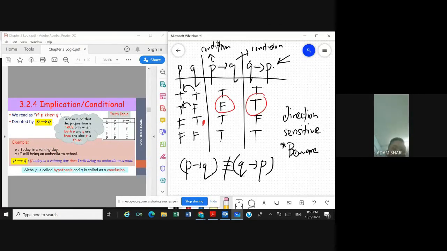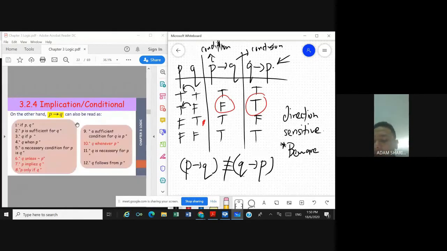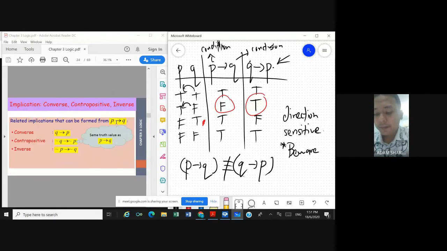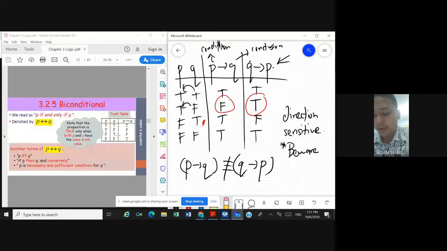We shall proceed with the next one. This one I skip first for the next lecture, maybe we still have time. By the way, the video for logic is not made by me, it's made by Miss Anis because she's my colleague. I need to give her some work also. So just look at her video and also listen to my online lecture, okay? This one skip first. I also haven't heard her lecture yet. Directly I go to biconditional first because this is a law.